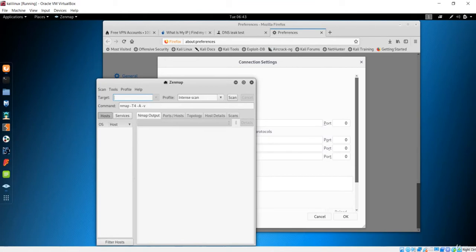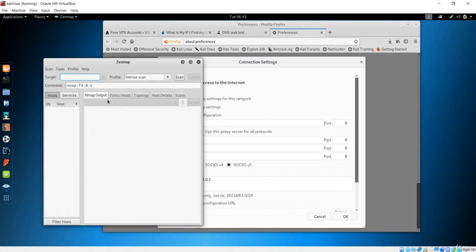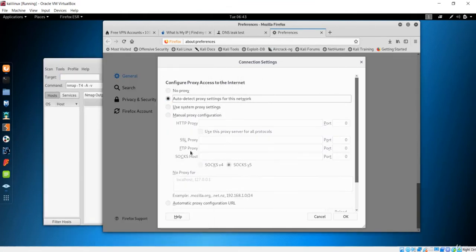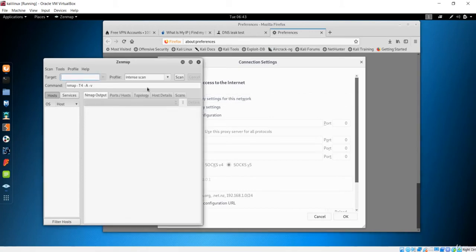So someone can just trace this activity in your machine, but they cannot trace only this internet access that you have with this proxy. Just remember that the proxy is going to work inside this browser only. Outside that browser, it is not going to work. Every pen testing you do on this machine will be transparent if you use this proxy.